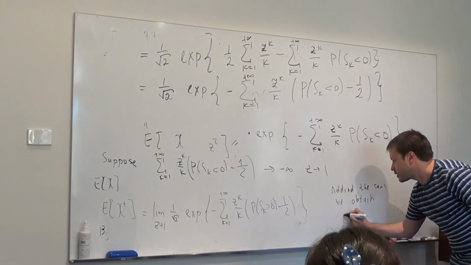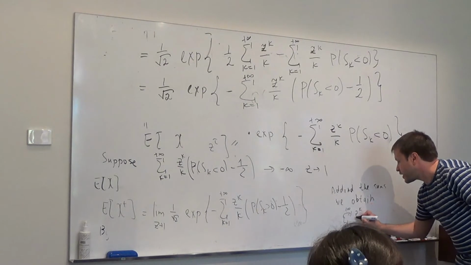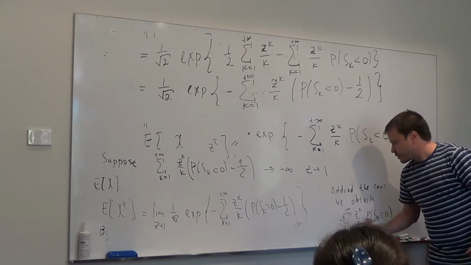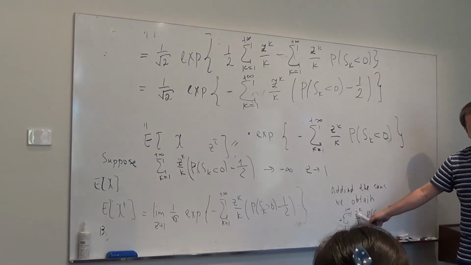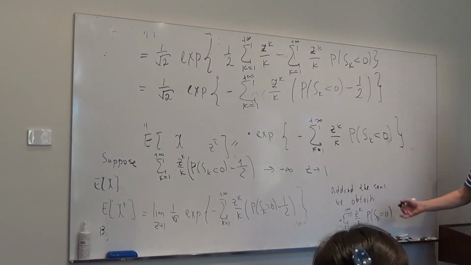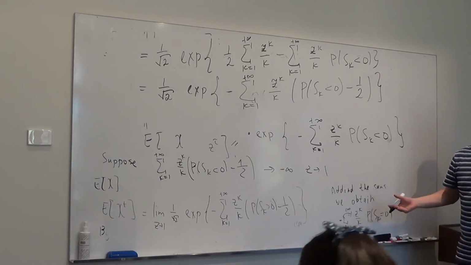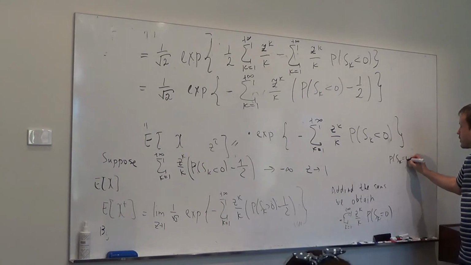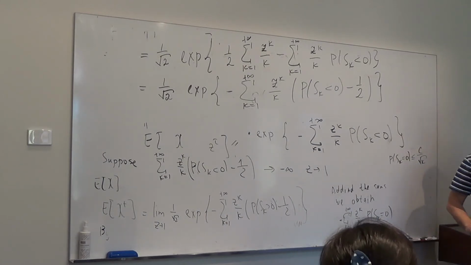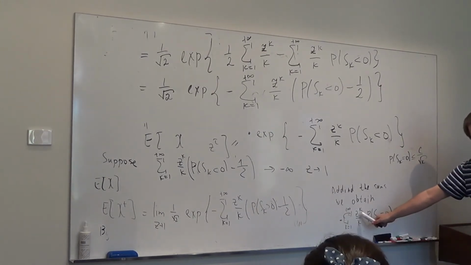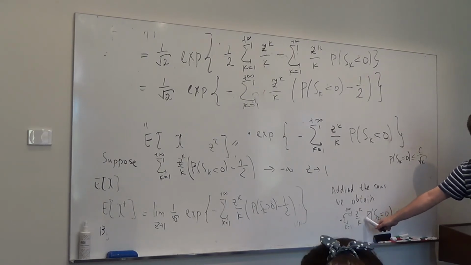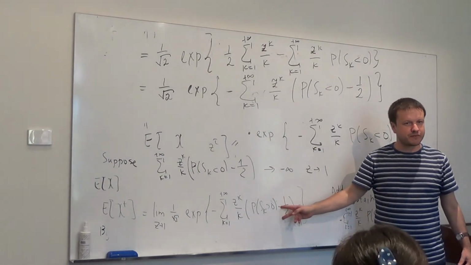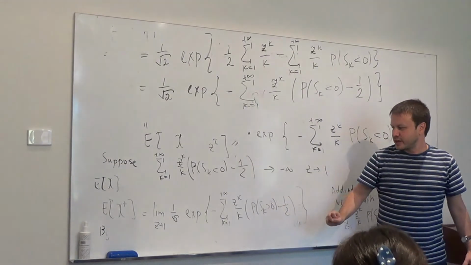And we will obtain the sum from 1 to plus infinity of z^k over k times the probability that S_k is equal to 0, with a minus sign. Well, it doesn't matter what this is. What matters is that when z approaches 1, we have the probability S_k equals 0, but this probability is bounded by concentration inequalities. Or you can use the local limit theorem if you wish. So this probability S_k equals 0 is less than or equal to c over the square root of k. So effectively, when z approaches 1, you have 1 over k to the power of 3 over 2. This is always finite. Okay, so the conclusion is that this sum plus that sum is going to be something finite. Now this sum is minus infinity, therefore